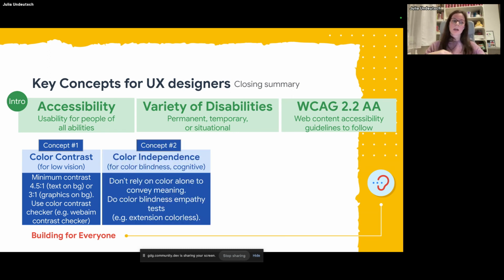The second concept was color independence for color blindness and cognitive disabilities. Don't rely on color alone to convey meaning. Always use icons or labels in addition to better understand it.